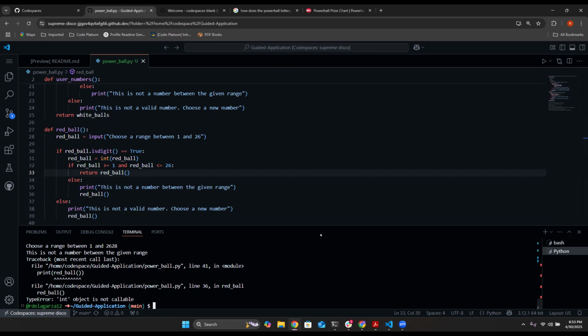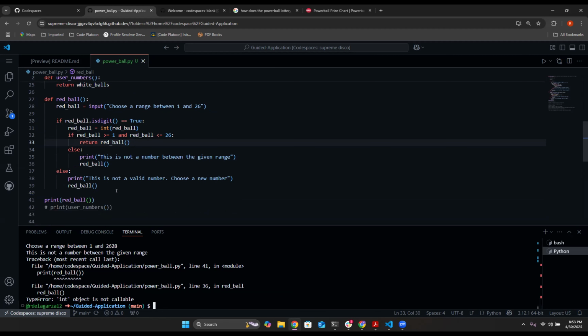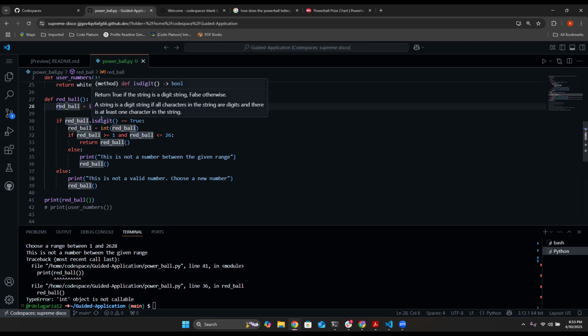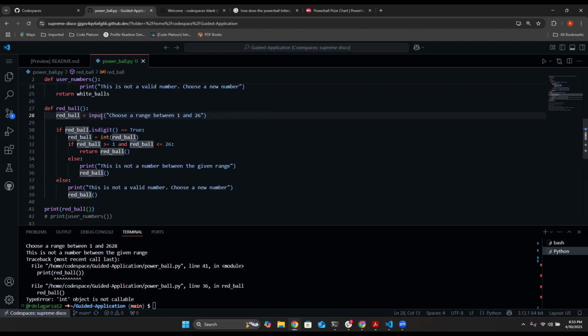It's not liking it. I don't know what it is. Why is it not liking it? Is it because you have red ball as the variable and it's also the name of the function? No, yeah, I found it. What is it? So your red ball is right now assigned as a string, and you're using a comparative operator in your nested if. So you need to